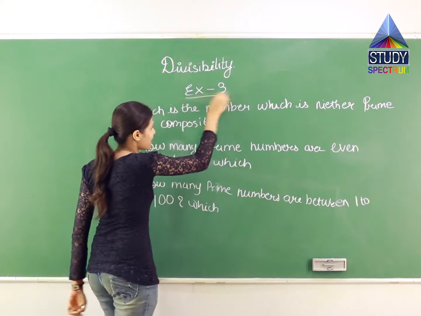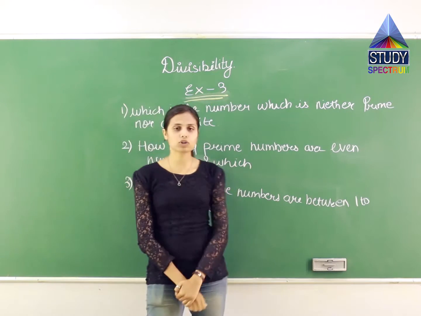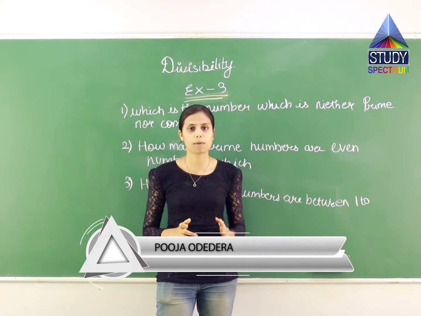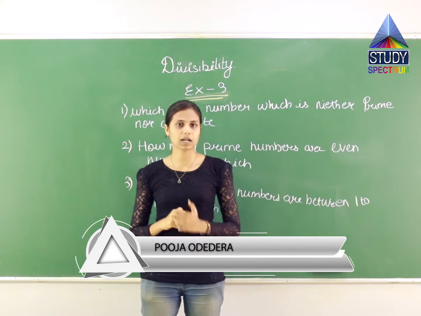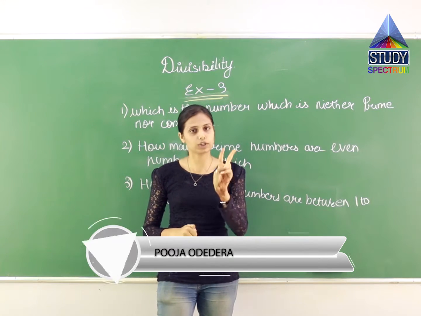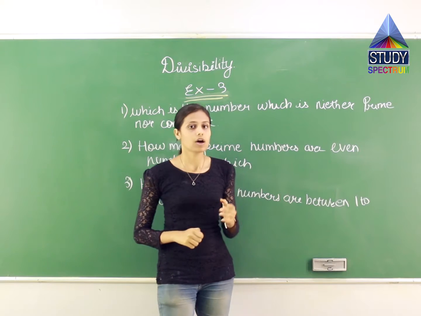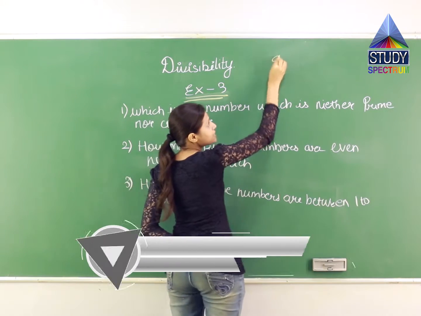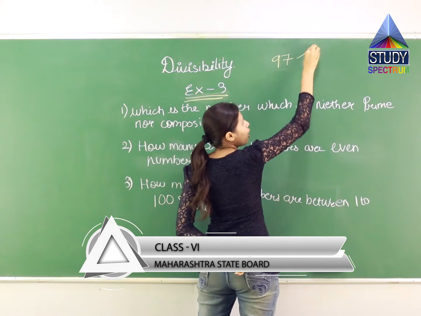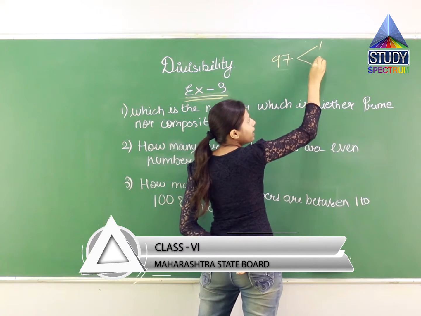Now we will start with exercise number 3. But before starting this exercise, we have to learn what is a prime number and what is a composite number. Prime numbers are those numbers which have only two divisors or factors. For example, if I say 97, 97 has only two factors or divisors, that is 1 and 97